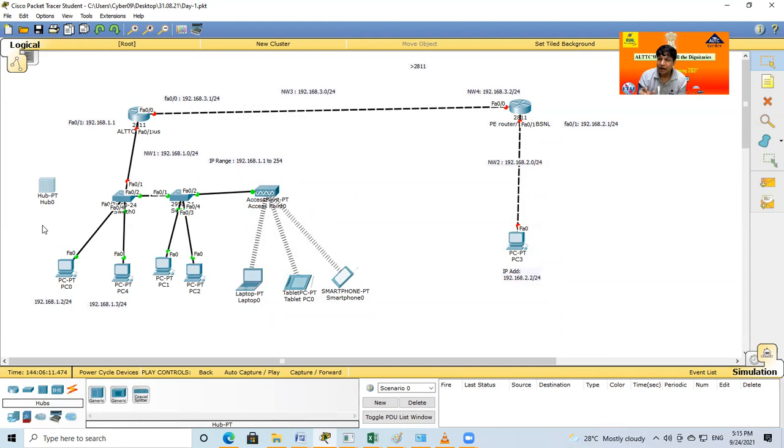But at that time a switch cost 20,000, 50,000, even 1 lakh, very costly. Today the switch cost has reduced, so the hub and switch cost about the same. So the hub's importance is over, because the hub is a non-intelligent device and the switch is an intelligent device.